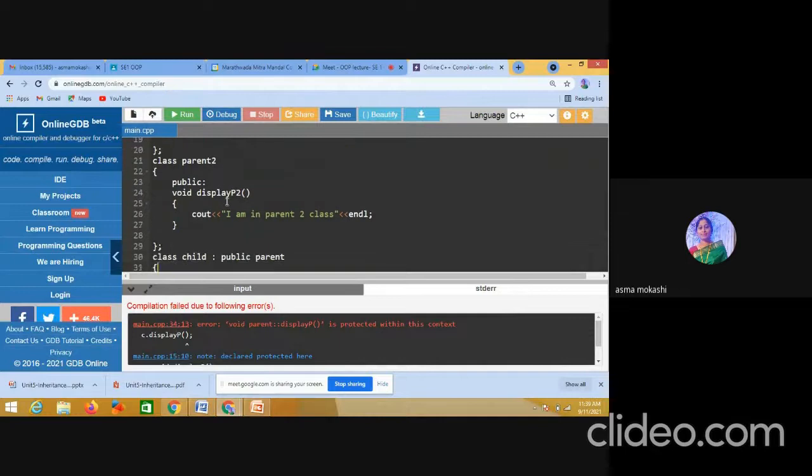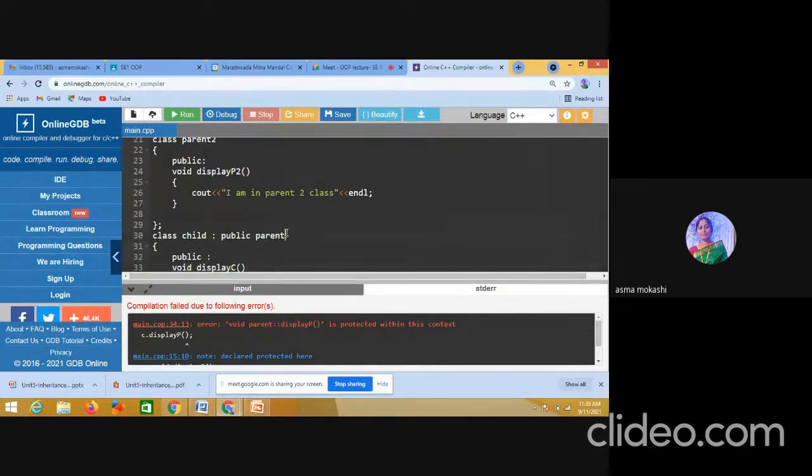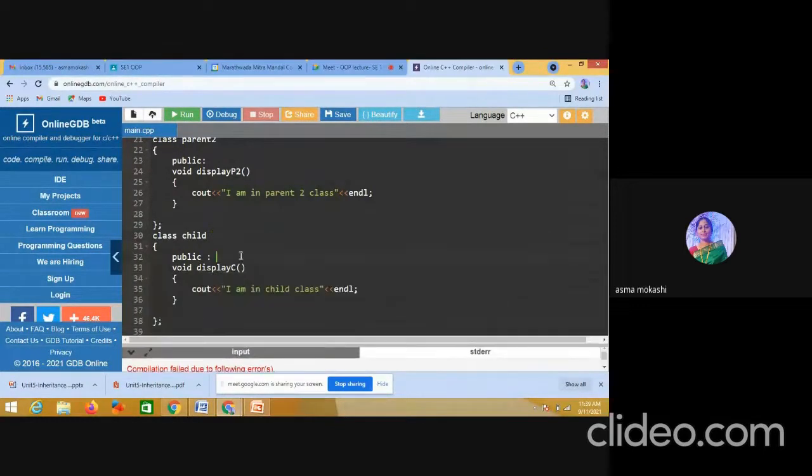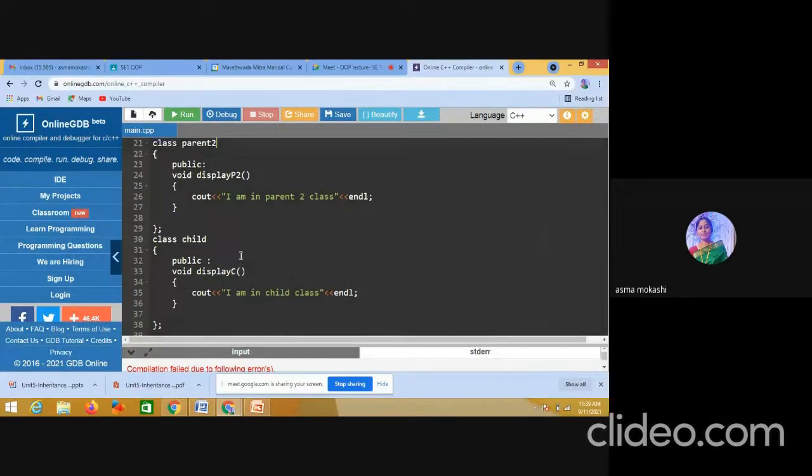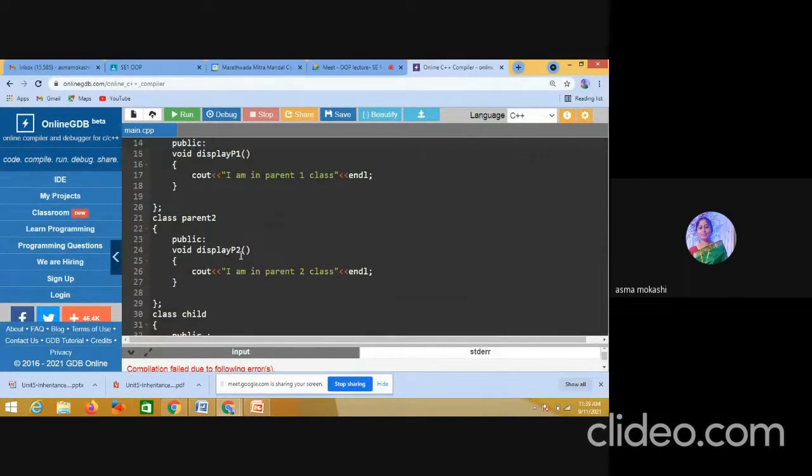Now we need to derive the other class. So how to write this line, students? We have two parent classes, parent 1 and parent 2. So in the child class I have to use a colon, then the visibility mode.